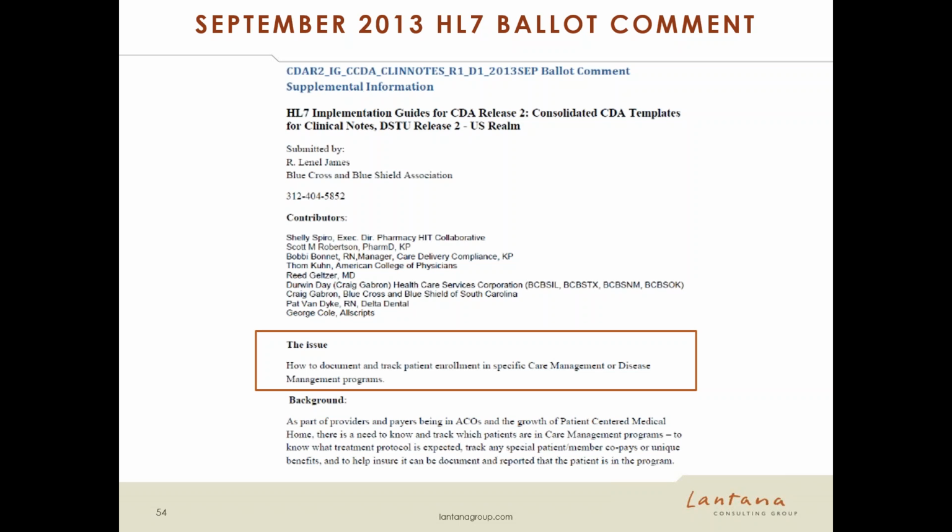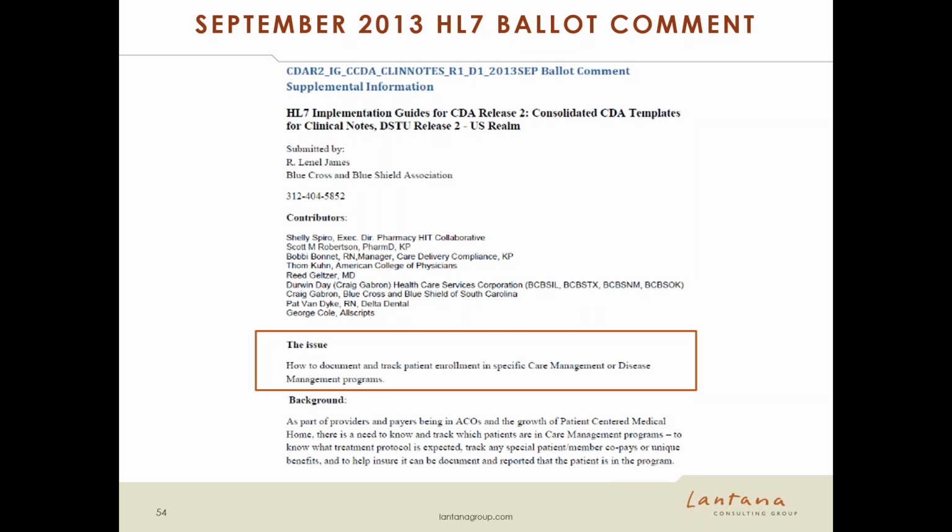And the problem is that the care plan document template right now doesn't provide sufficient implementer guidance to know how to represent in one document a situation where one person has multiple care plans. It just sort of gives us a notion of how you do a care plan, but it doesn't really tell us how you would express and share the content when there's really multiple care plans going on at the same